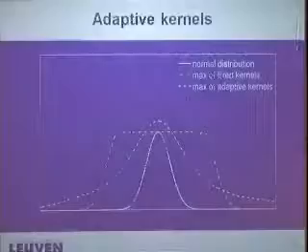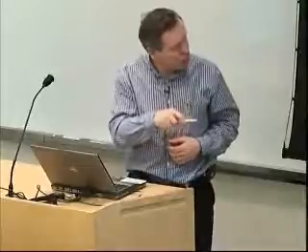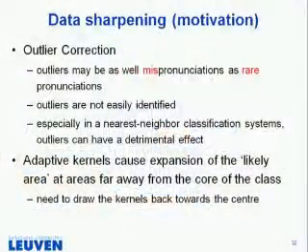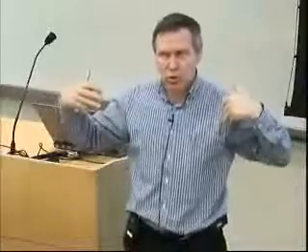Then you have something when you start working with kernels that you really start pushing your full distribution a little bit out, because you have points here, you put the kernels over this, and you always push your distribution a little bit further out than what it really is. So people in kernel-based techniques have used techniques called data sharpening to say, let's draw especially the outlier points a little bit towards the center of the distribution, because otherwise if I put kernels over it, I put them even more out. And moreover, outliers may not be very good representatives.